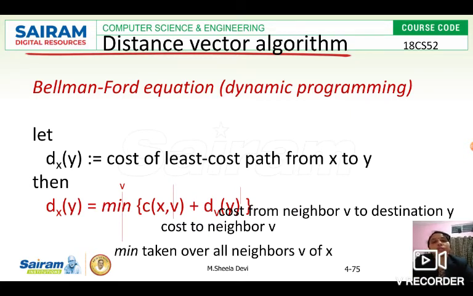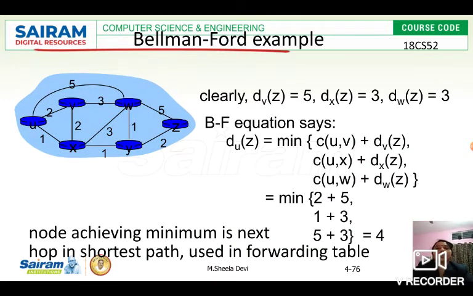So cost of x to that intermediate node plus distance of intermediate node to destination. So obviously from x to y, whatever is the cost, that should be minimum compared to the path whichever is having a direct path between x and y. If it is minimum, then we can update. If it is not minimum, then we can go with the direct path. So cost from neighbor v to the destination y, as I said, cost to neighbor v. Yes. Bellman-Ford example. This is the example of Bellman-Ford